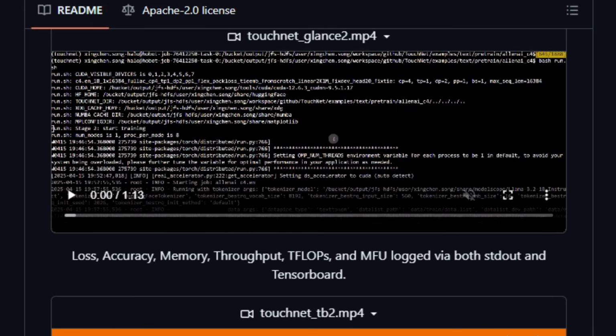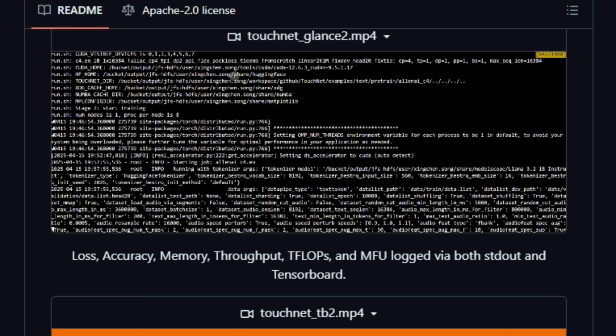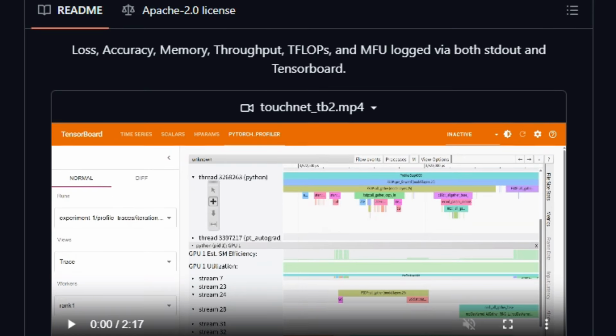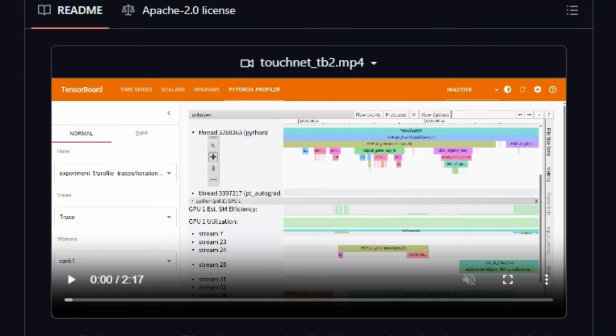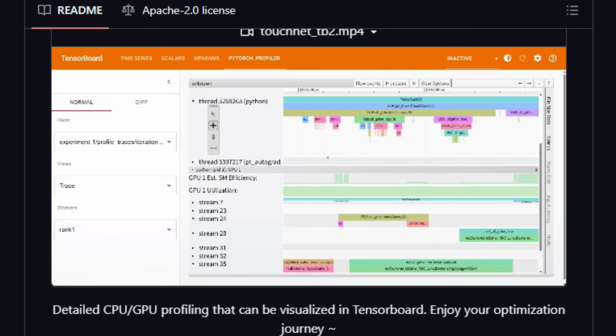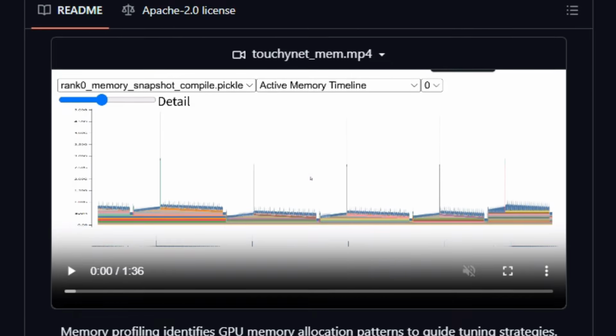A major strength is its built-in diagnostics. CPU, GPU, memory profilers, NSYS-like timeline, and memory monitors are included out of the box to track throughput, TFLOPS utilization, and catch OOM issues early, making performance tuning part of the workflow instead of an afterthought. TouchNet also supports ND parallelism, FSDP2, tensor parallelism, context parallelism, and upcoming pipeline parallel through native PyTorch APIs with minimal code changes, so you can scale from a few GPUs to serious distributed clusters while staying close